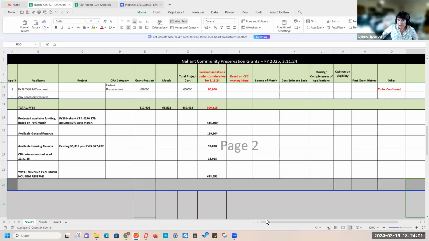If we were to do strict math on what we have out of the 10% for housing, it'd be $43,556. So one option is that we draw from the housing reserve to make up that difference, which would be about $17,000. Exactly. Yeah, that draws down the housing reserve,